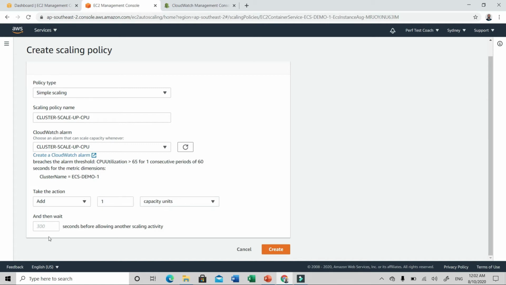And whenever we are configuring scale up alarms, it is always good to react very quickly. That is the reason I don't want to wait for 300 seconds. Let me change this to 30 seconds. So after 30 seconds, if the CPU utilization is still above 65%, then one more auto scaling action will happen and one more EC2 instance will be added. If you don't wish the scale up activity to happen very quickly, then you can change this value to 2 to 5 minutes. I'm happy with this 30 seconds, so let me click on create.